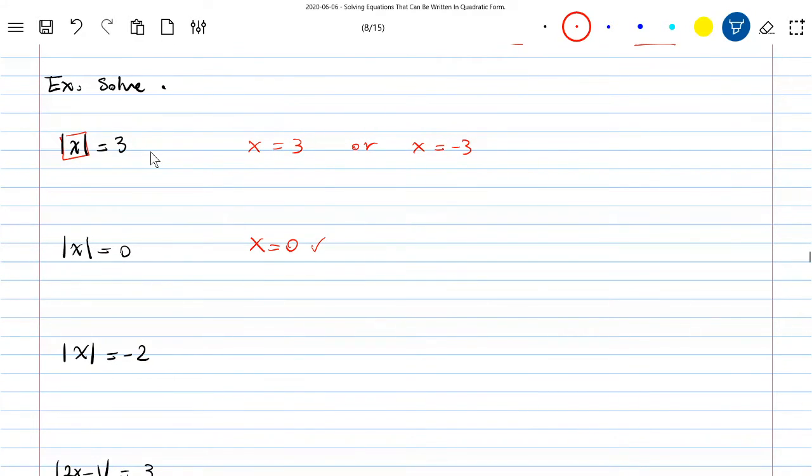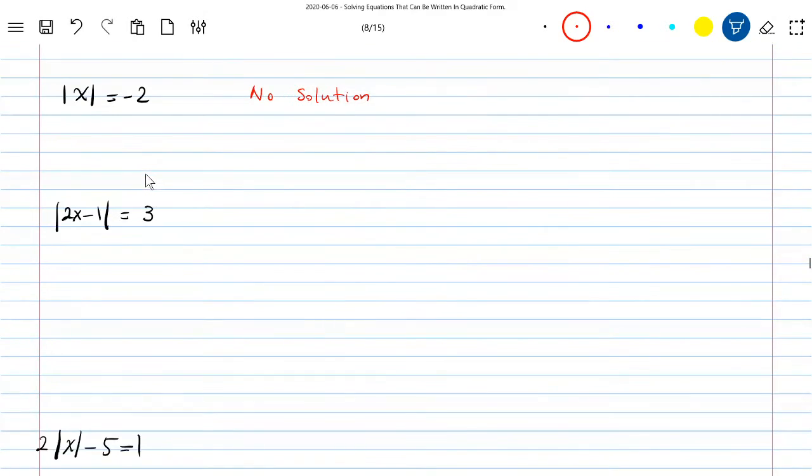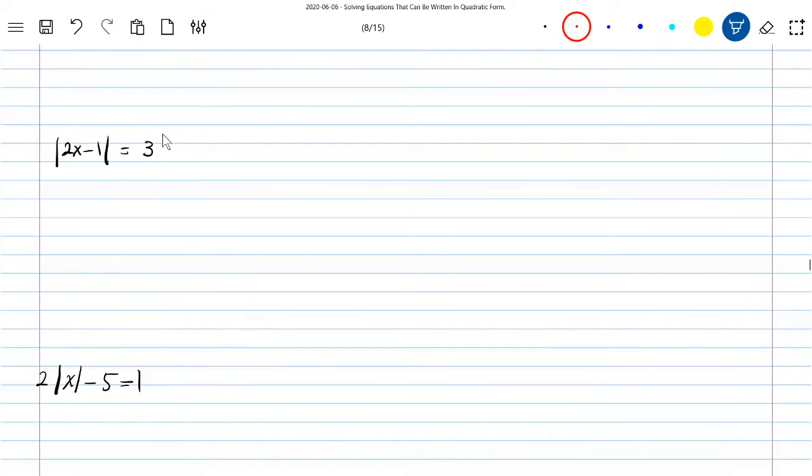Or where do I get absolute value to be a negative number? It is never possible. Whatever number you replace inside the absolute value, the outcome must be positive. You can never have negative 2. These are the very basic ones. Here, slightly, we're going to progress into more complicated absolute values. So here is an example. If you have absolute value of 2x minus 1 equals 3,